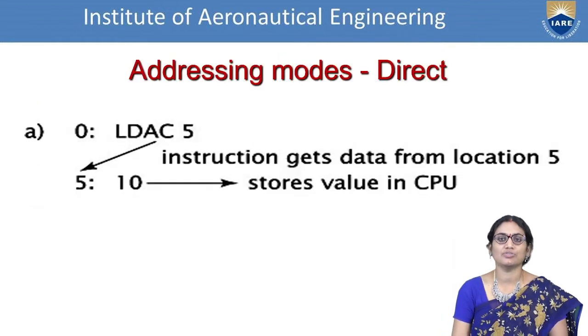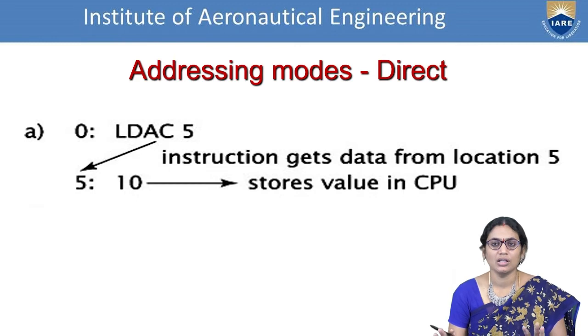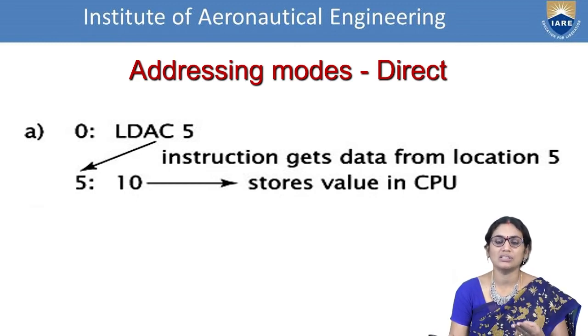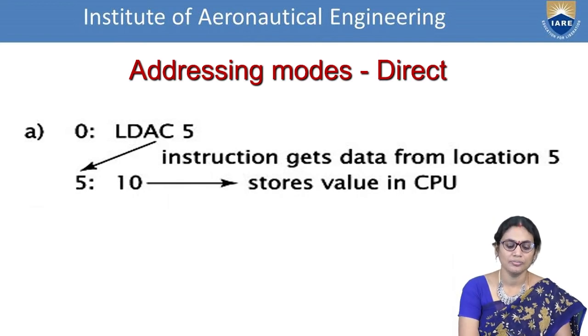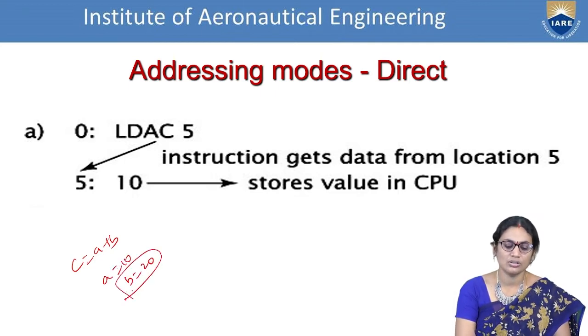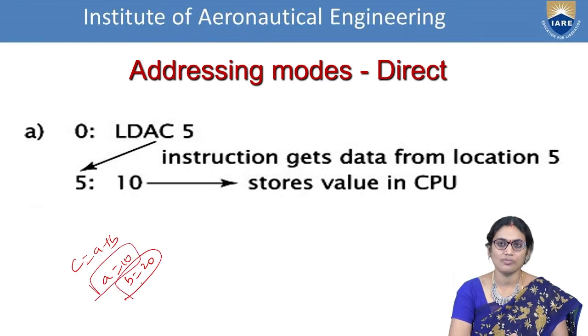Now we are going to the next one, address specifications. First we were given the communication mode. Next we saw the intention of the instruction and the different formats that can be executed. Now if I say C is equal to A plus B, and I give A equals 10 and B equals 20, A is stored at one place and B is stored at another place.